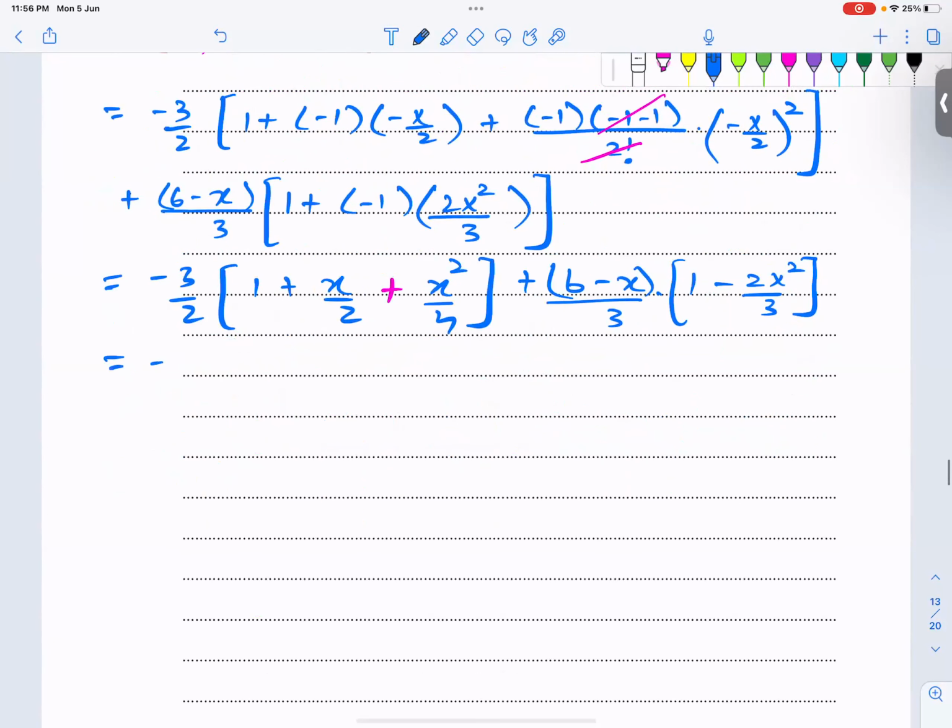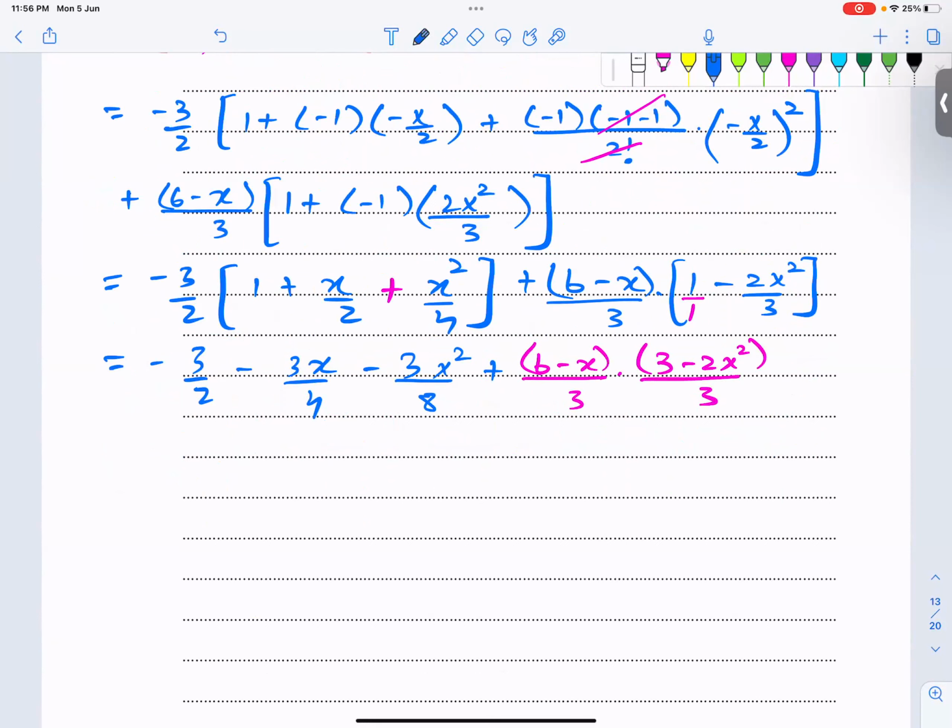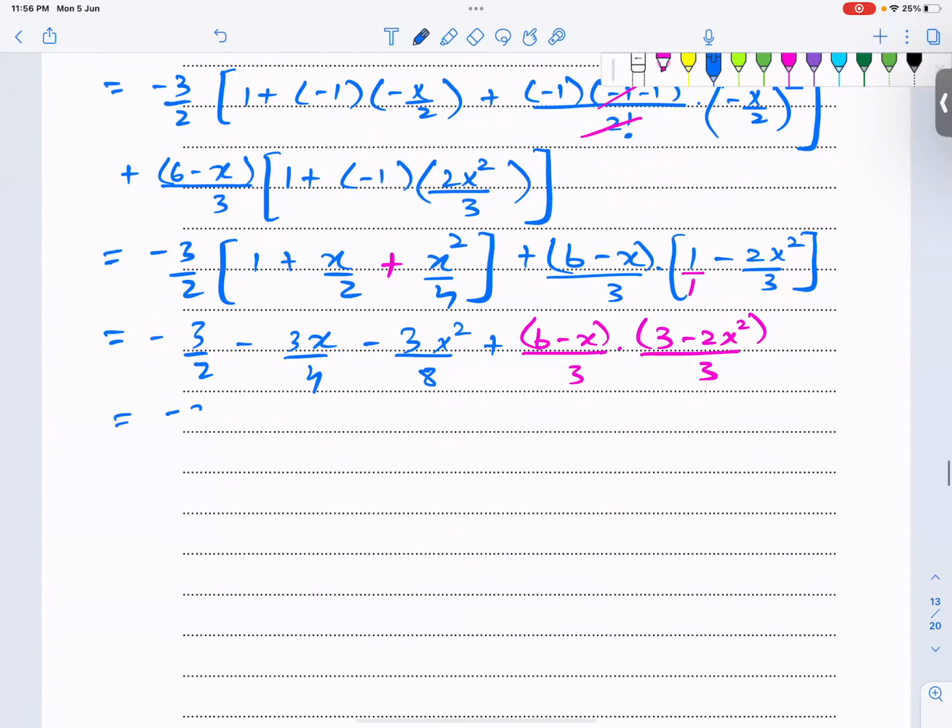Now you can multiply 3 by 2 inside, minus 3 by 2 minus 3x over 4 minus 3x square over 8 plus, take first of all LCM here on the right bracket. This will become 3 minus 2x square divided by 3. Okay, so minus 3 by 2 minus 3 by 4x minus 3 by 8x square